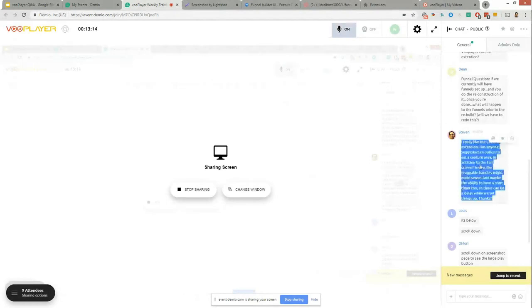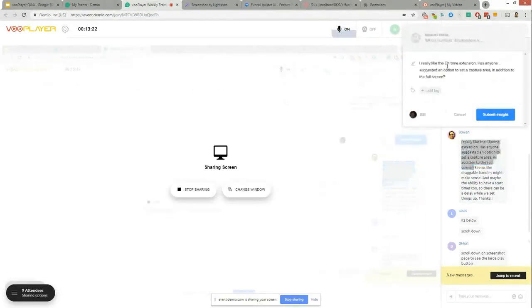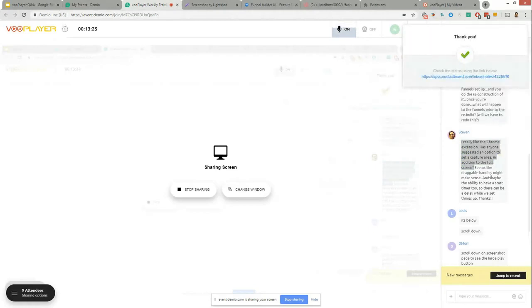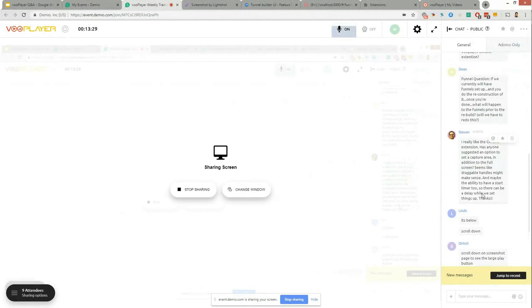Makes sense. Nobody has suggested the idea for selection of the area which you want to record. That's one of the things that can certainly be an enhancement, and maybe have the ability to have a start timer too, where we can set things up. If I'm not mistaken, there should be a start timer of 4 seconds.